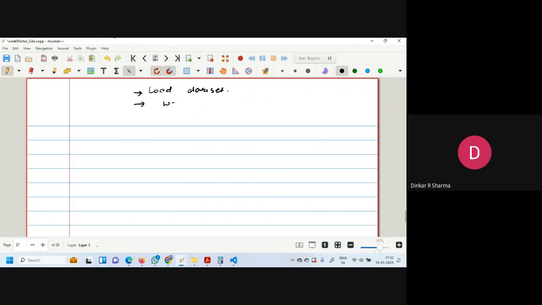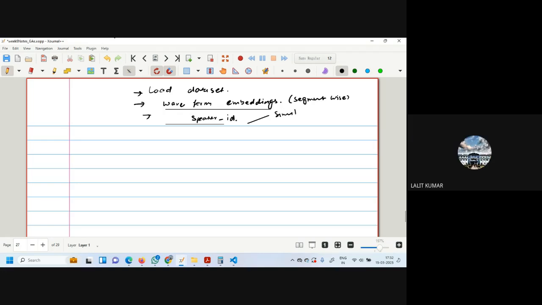We are getting these waveform embeddings segment-wise. Then from all the data, we are getting the speaker ID by similarity, and we are using cosine similarity.